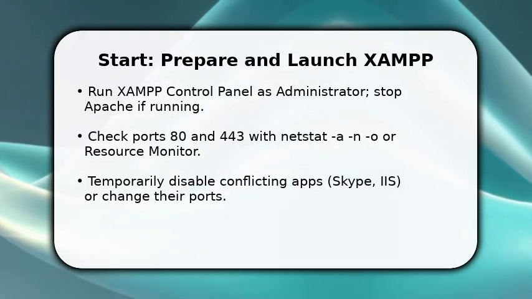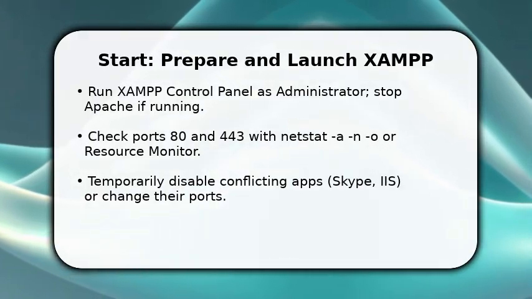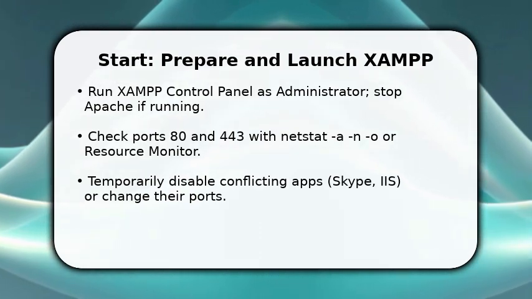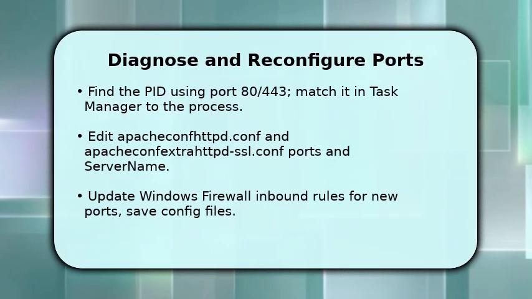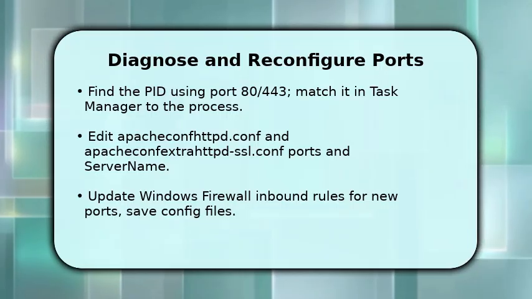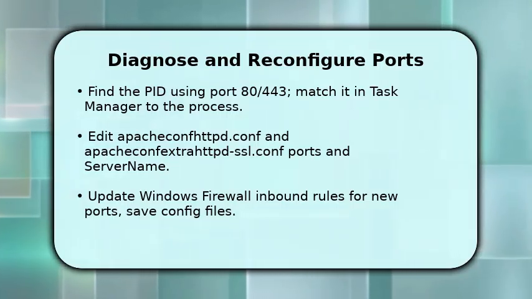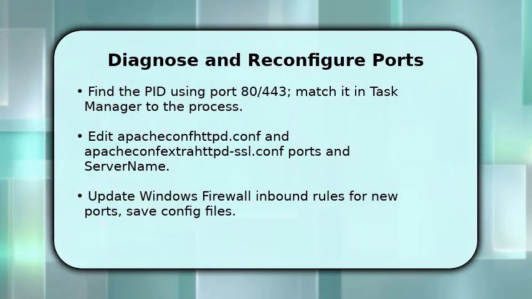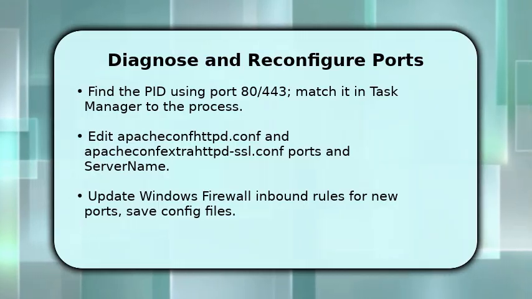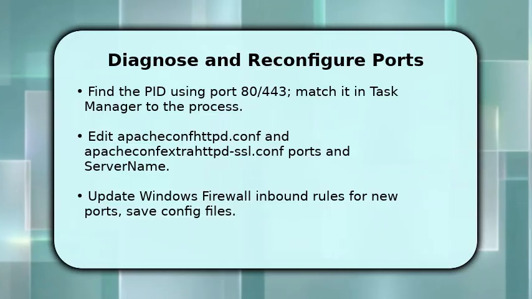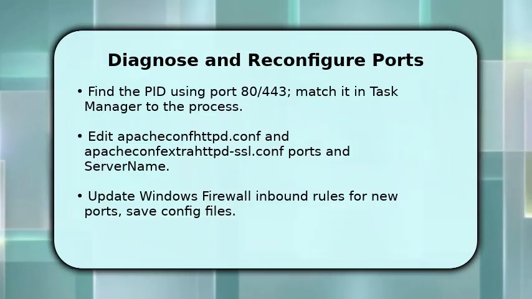Next, identify the exact process by matching the PID from netstat in Task Manager so you know whether to stop, disable, or reconfigure that app. Then open XAMPP httpd.conf and httpd-ssl.conf, change Listen directives and ServerName to alternative ports if needed, for example 8080 and 444, and update any virtual host entries. Make sure to save the files, and then finally restart Apache from the control panel